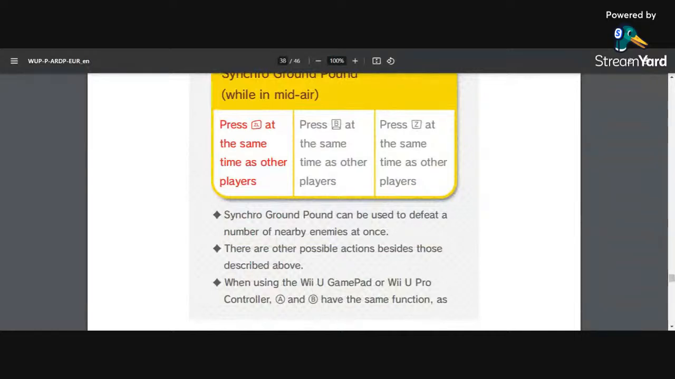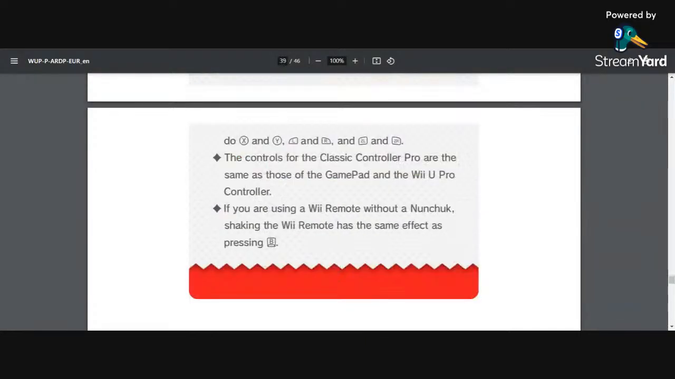There are other possible actions besides those described above. When using the Wii U gamepad or Wii U Pro controller, A and B have the same function as do X and Y, L and R, and ZL and ZR. The controls for the Classic Controller Pro are the same as those of the gamepad and the Wii U Pro controller. If you are using a Wii Remote without a nunchuck, shaking the Wii Remote has the same effect as